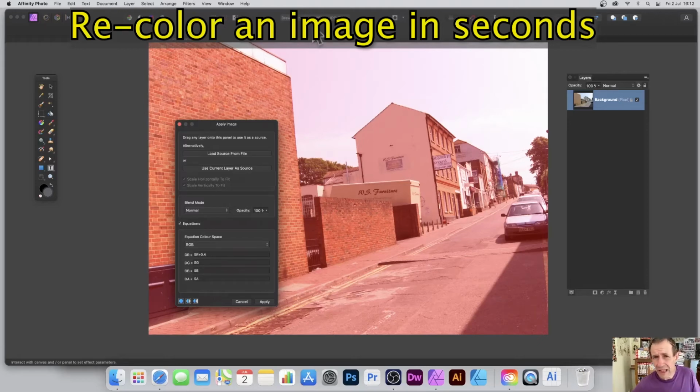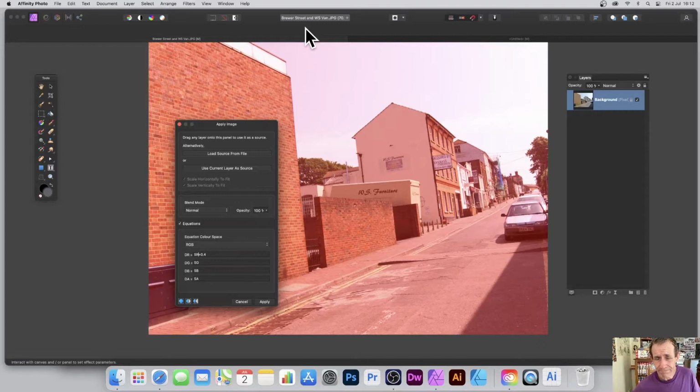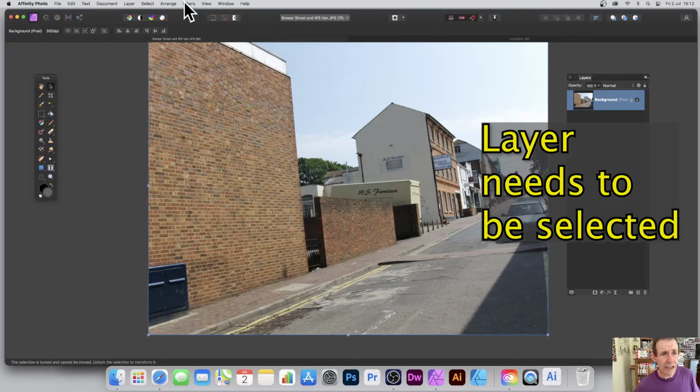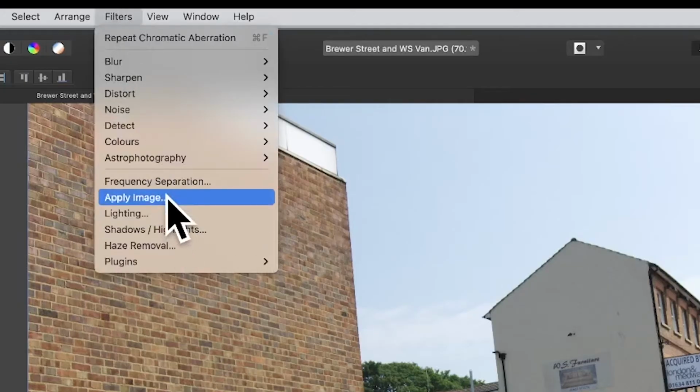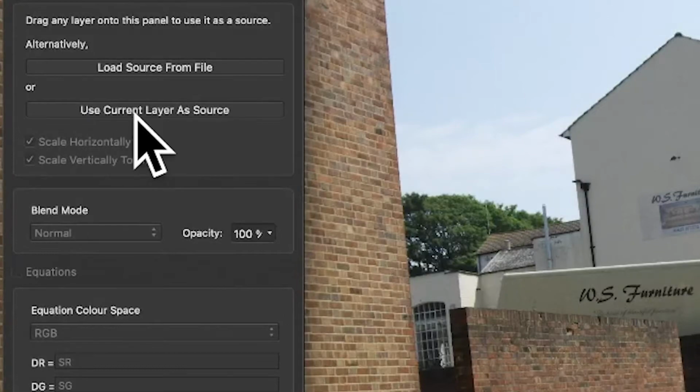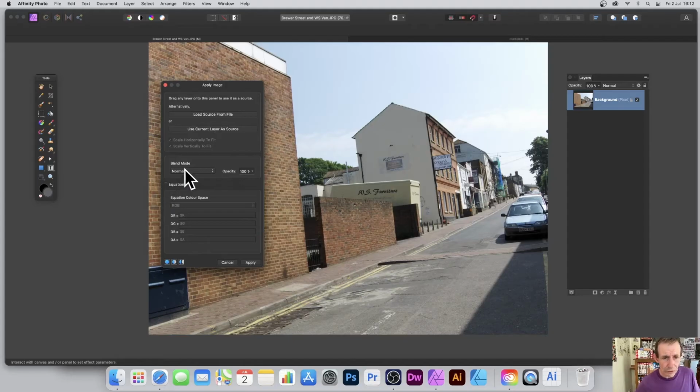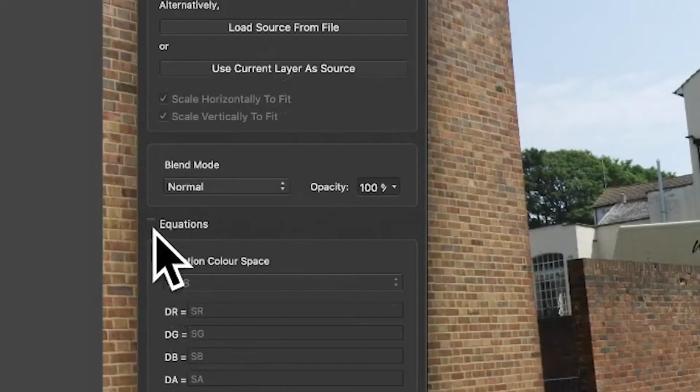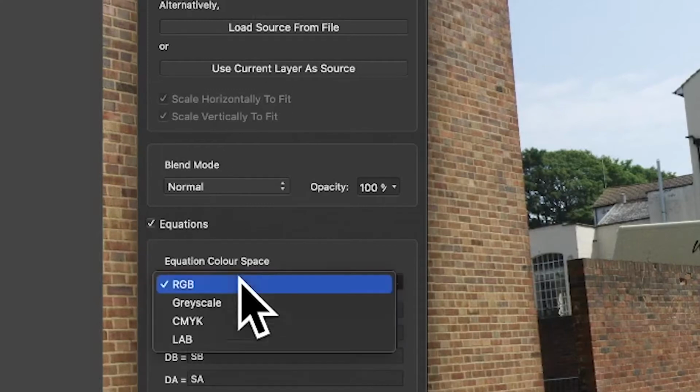How to quickly recolor an image in Affinity Photo using Apply Image filter. Select a layer and then go to Filters and Apply Image. Go to Use Current Layer as Source. You can use blend modes if you wish, but also you can go to Equations and then go to RGB,